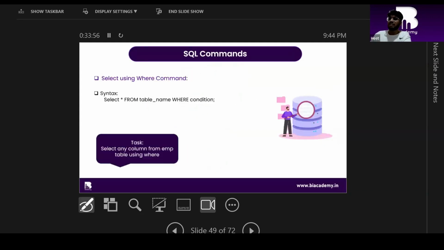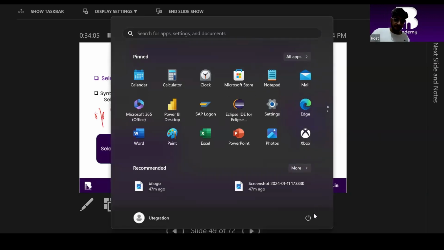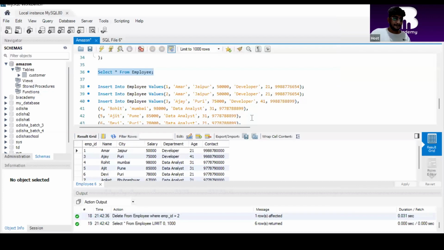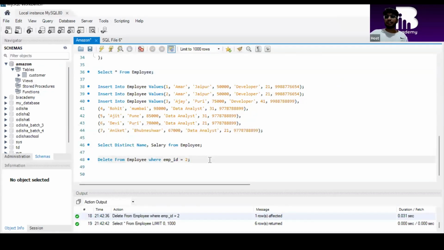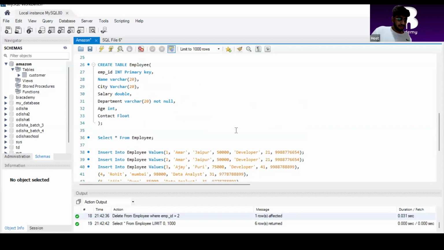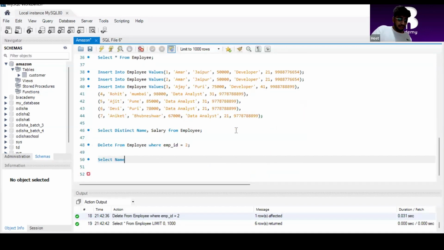Let's see our output in the form of a table by giving some where condition. Let's do this. क्या करेंगे इसके लिए? I'll close this. Let's say I want to give a condition like where salary equal to 50,000. ठीक है? This is what my condition is. So I'll be writing select employee name. Select name, only name, not employee name. Select name